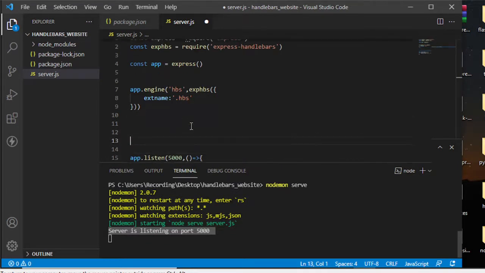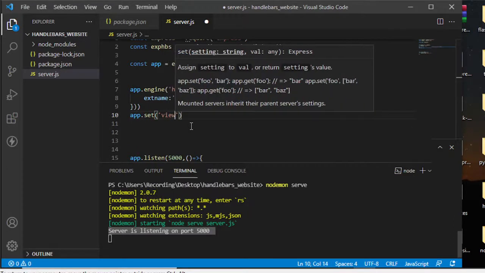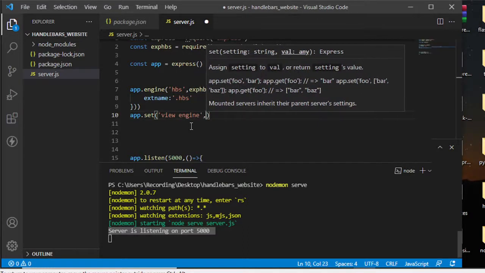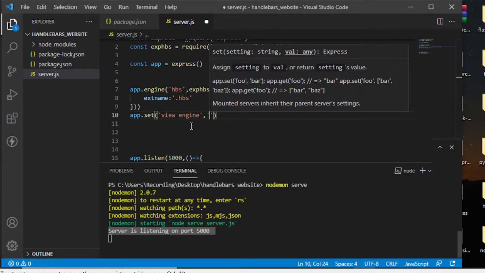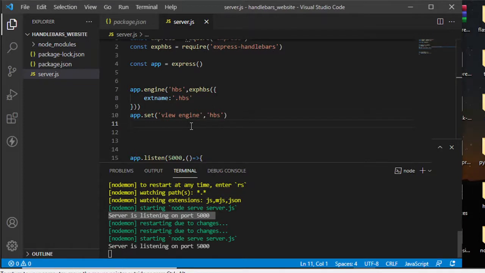Okay, so if we're done on that part, the next thing we need to do is to apply the setup view engine. So this will recognize our view engine, that we're going to use this extension, hbs. Okay, good. Now that we have prepared our handlebars,